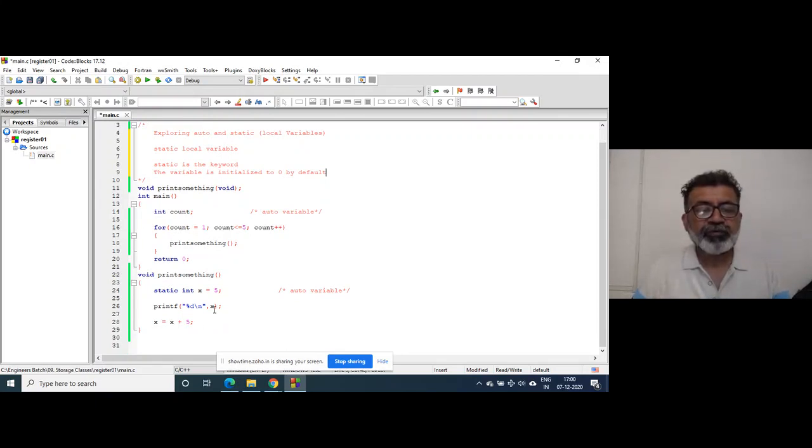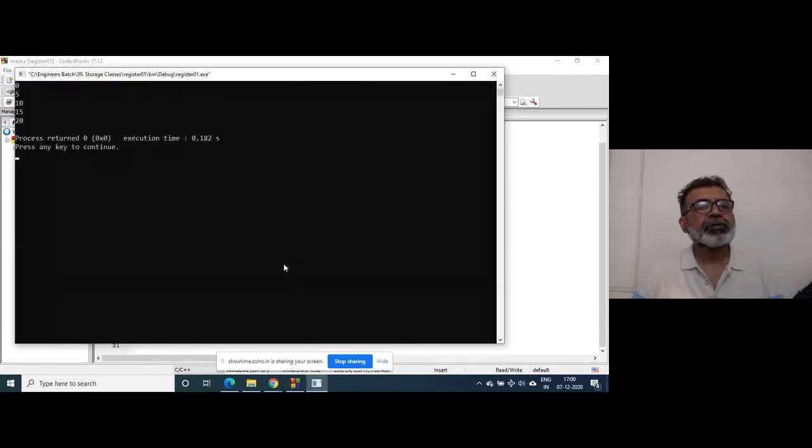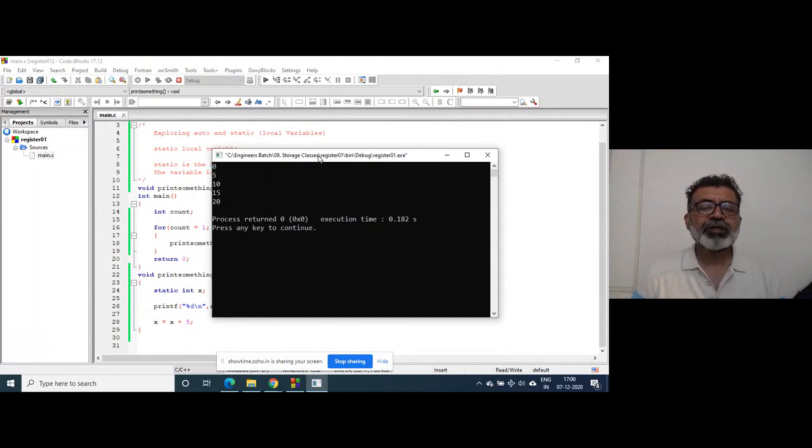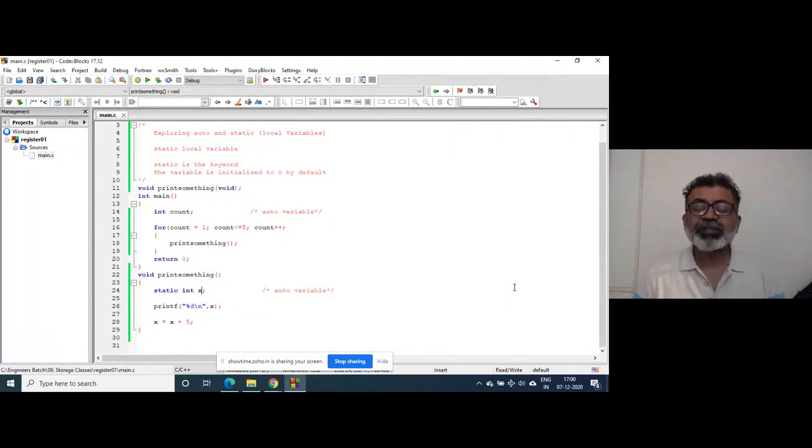If you don't initialize it here, an auto variable is initialized to a garbage value, but if you don't initialize a static variable, you will get 0, 5, 10, 15, 20, and like that. So what does it mean? A static variable is initialized to 0 by default if you do not initialize it.